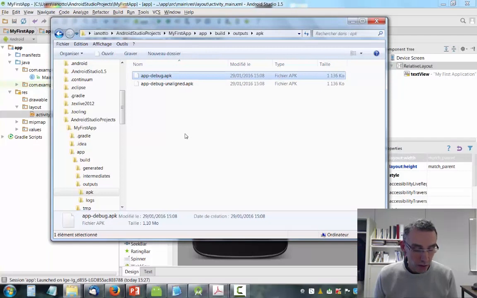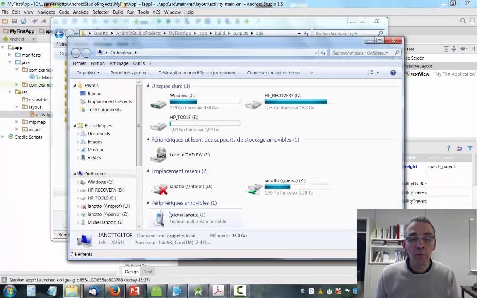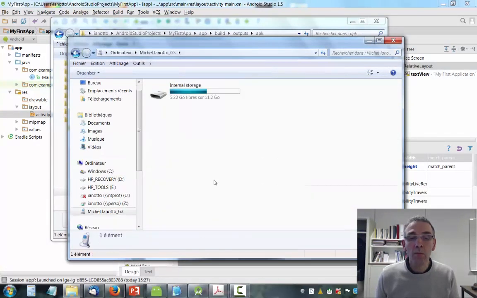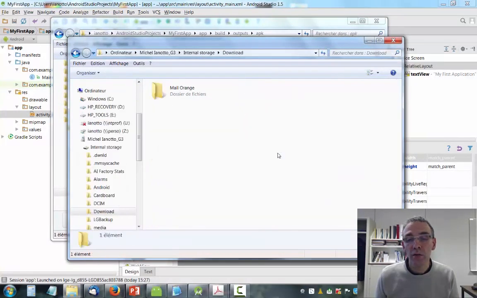I select the first file and I copy it on my smartphone. I copy the file in the download directory.